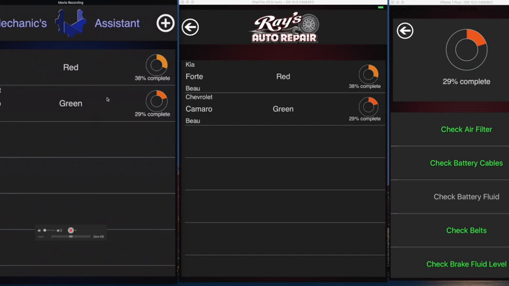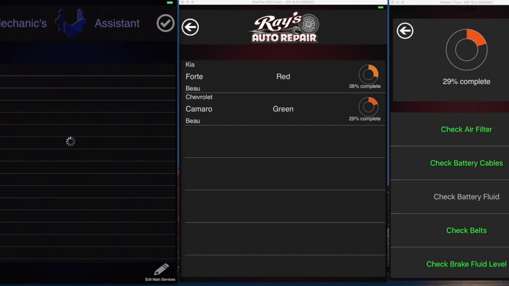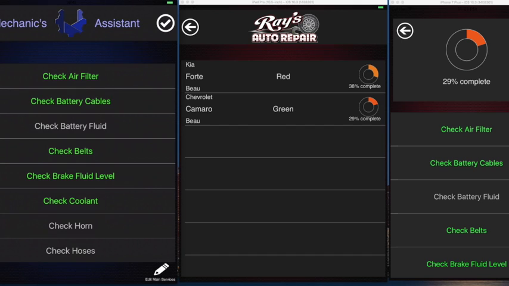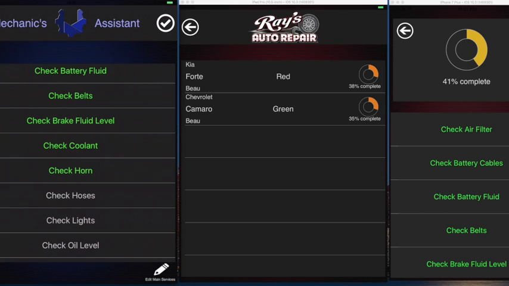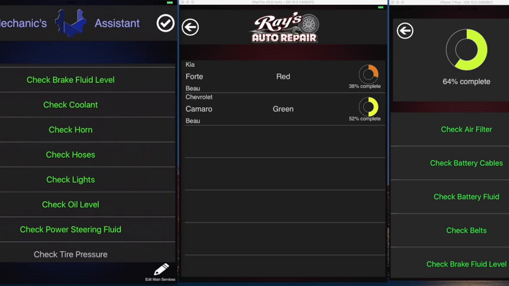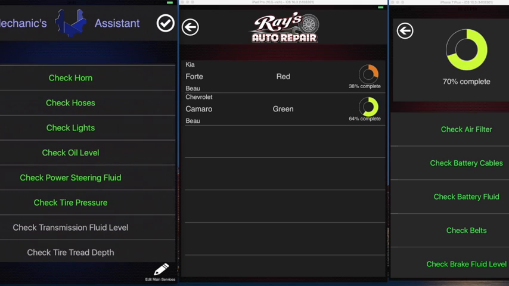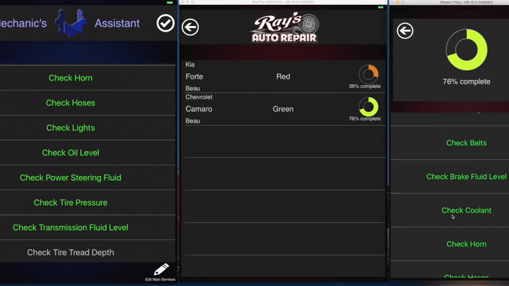And we're going to go ahead and complete a vehicle here. So as we complete the items, you can see the other applications update to that. And over here,